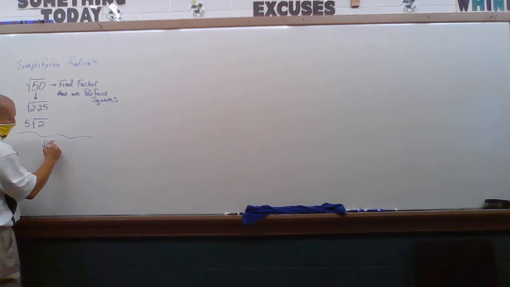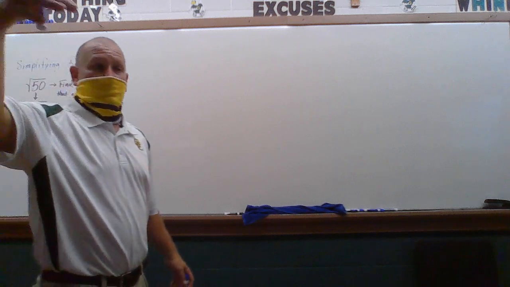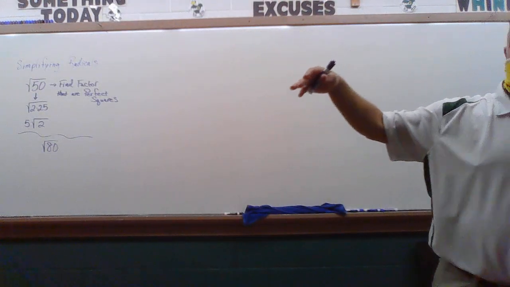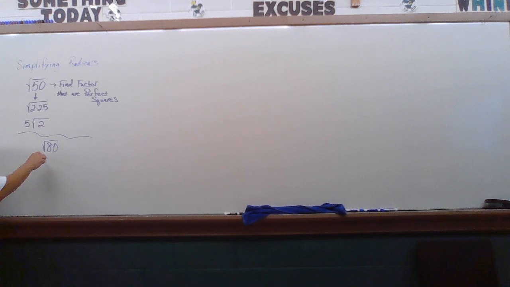The square root of 80. Now, in this case, you might not be able to see the exact perfect square or the biggest one, so you might have to do this multiple times. And that's okay, too, because if most of us looked at 80, our first thought would be what for a perfect square? 4, right? But if I did 4, I'd have 4 times 20, and 20 can get broken down again. So we'll do it that way for this time, just so you can see that sometimes you might have to do it multiple times. So I'd have 4 times 20,